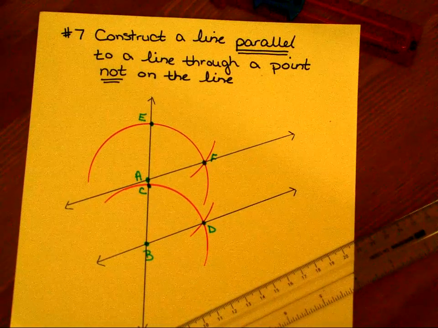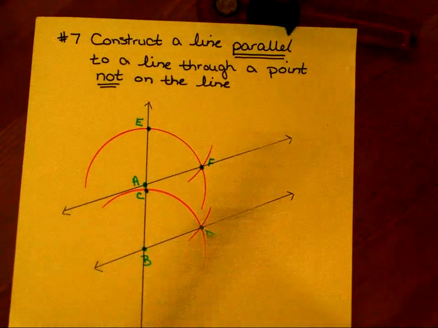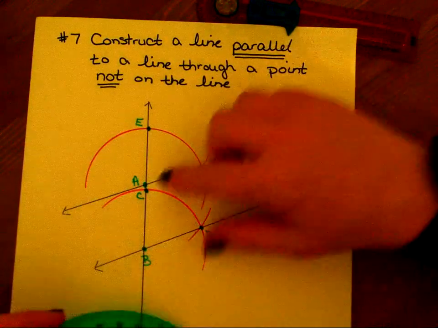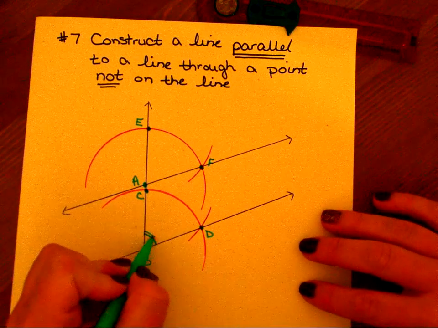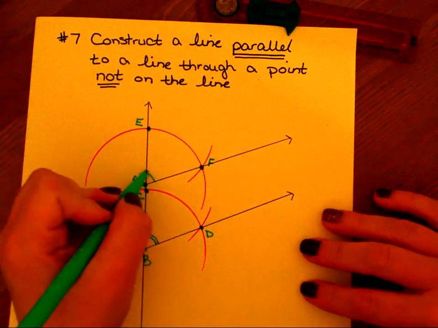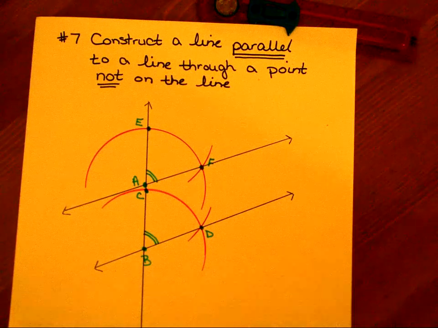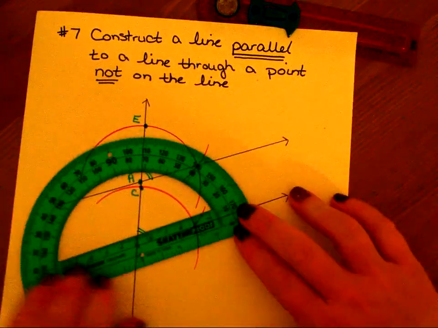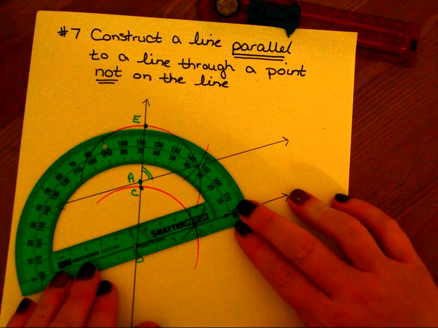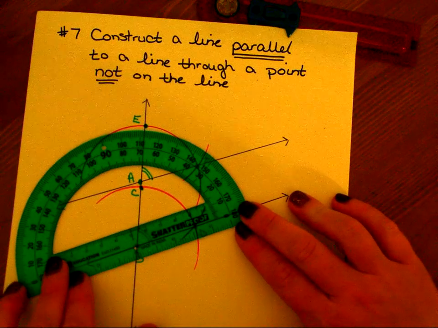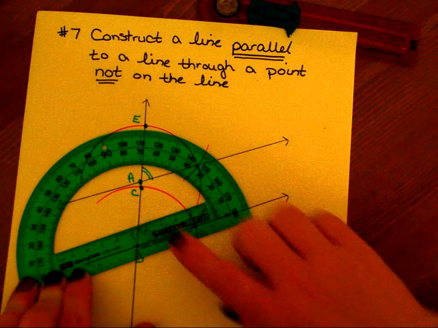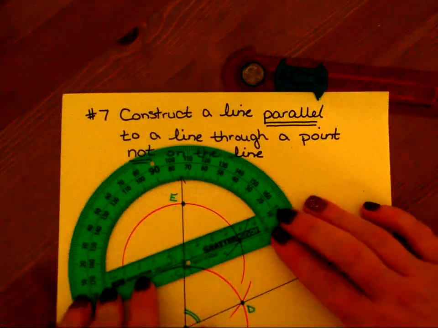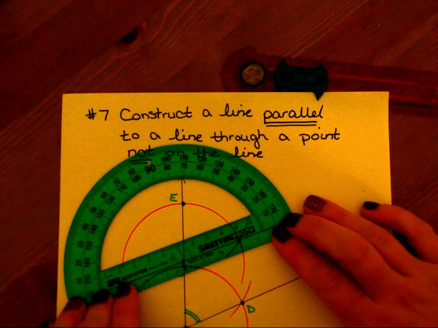And now we can check to see how well we did, and then we'll write our statement. So, my two angles, we should have this angle matching this angle because they are corresponding angles. So if indeed the lines are parallel, these angles should match. So when I measure my first angle, it appears to be about 68 degrees. Measuring my second angle,